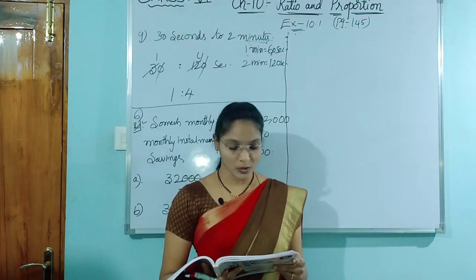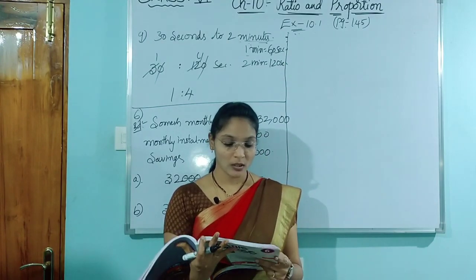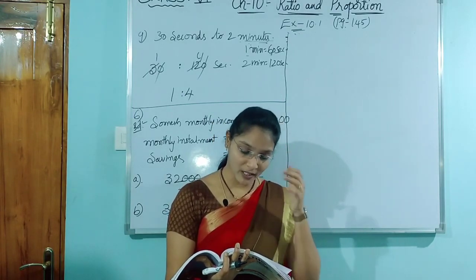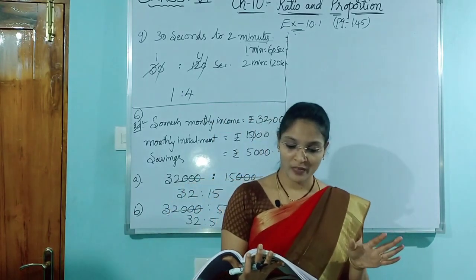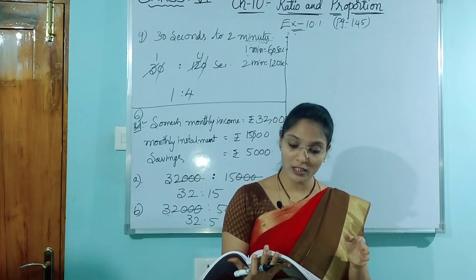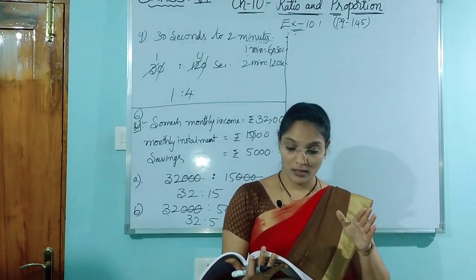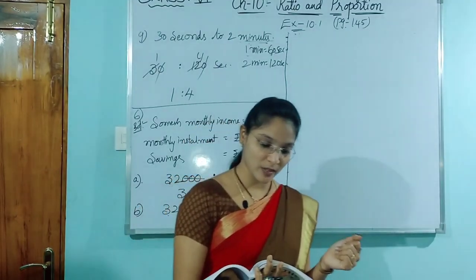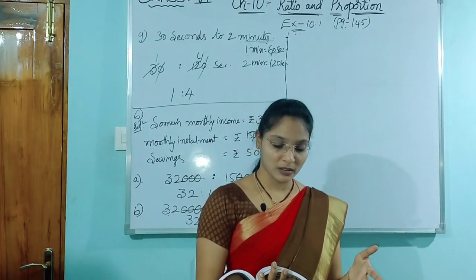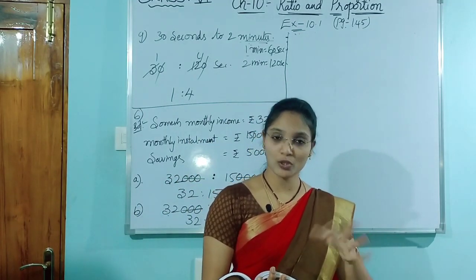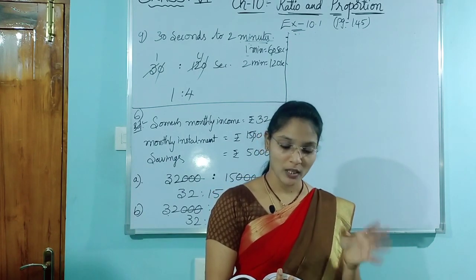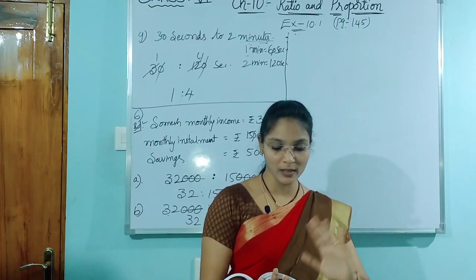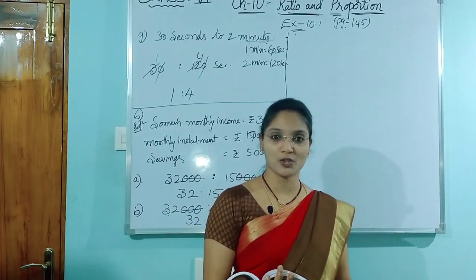Now, 8th question I am reading. Have a look. A car covers 50 kilometers in 1 hour and a train covers 90 kilometers in 1 hour. Find the ratio between the speed of the car to that of the train. Okay. So, car speed they have given per hour, train speed they have given. Those two speeds' ratio we need to find out. Hint they have given: first of all we have to find out the speed of both the car and the train, then we can find the ratio of both.